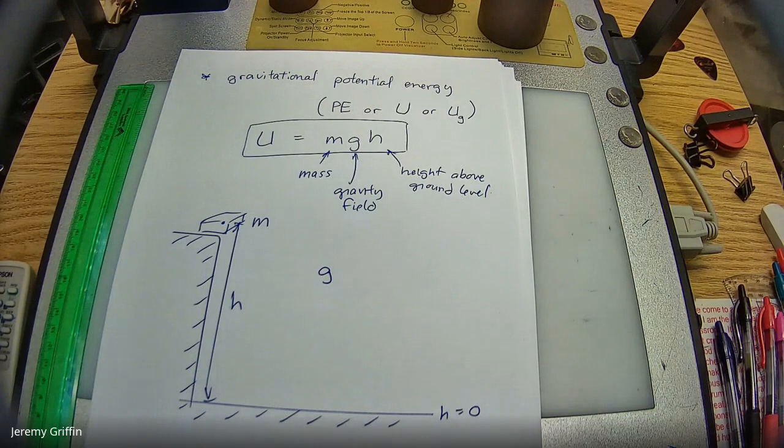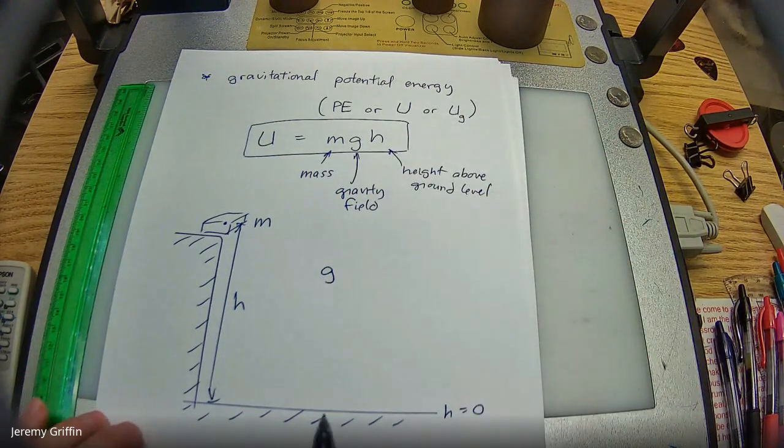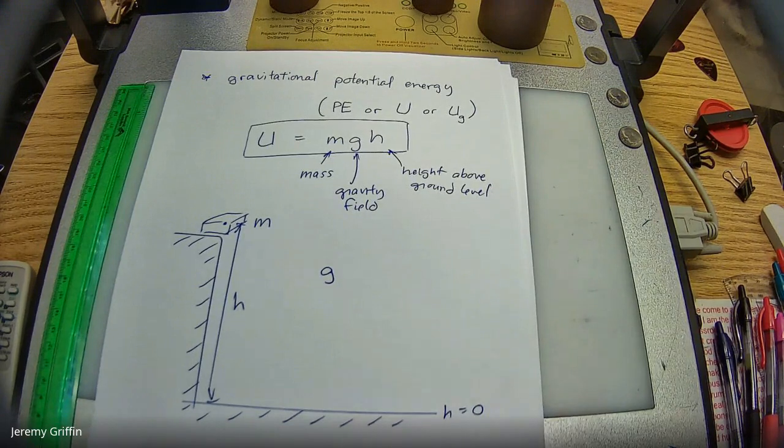When I was first going through physics, I was always very carefully scrutinizing all the formulas. I was always looking for any kind of internal inconsistency in physics. Spoiler alert, there is not. But in case you're wondering, or maybe you had a similar thought process to what I did when I was a student, this formula I did not buy right away. I had a question about that h, that elevated height. Set this up right here. You see this textbook right on the edge of the table? It's pretty close to a meter off the floor, isn't it? So you could do mass times 9.8 meters per second squared times about 1 meter, get some number of joules. Great, all good, right?